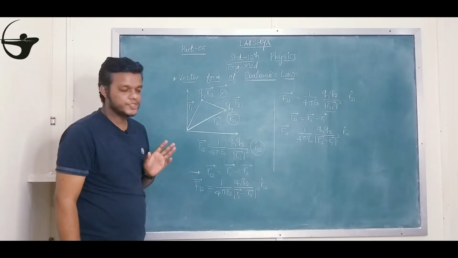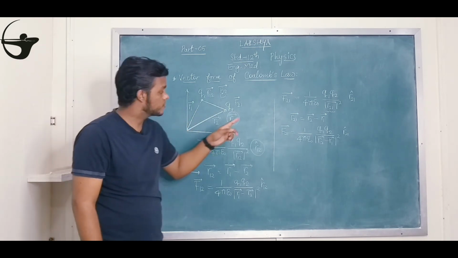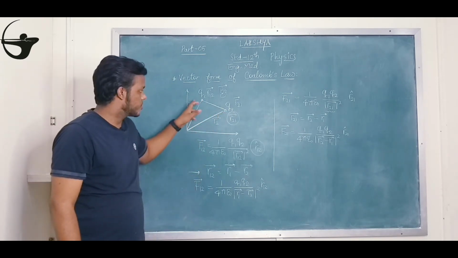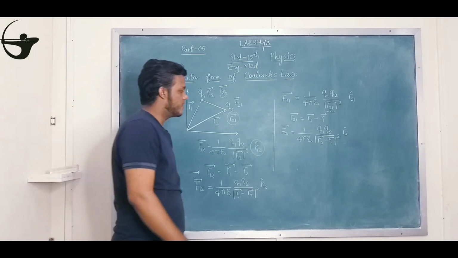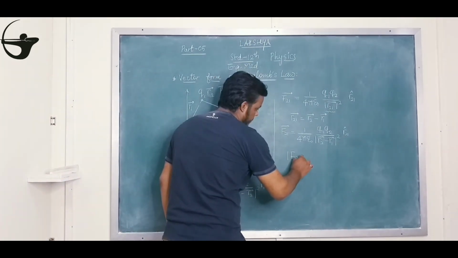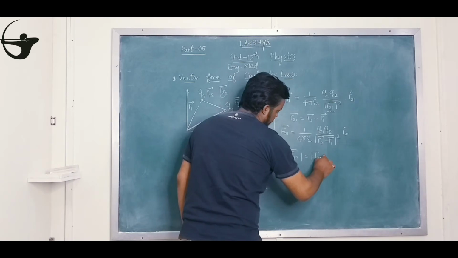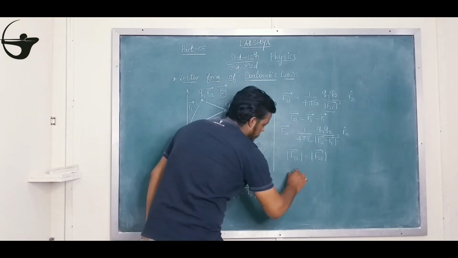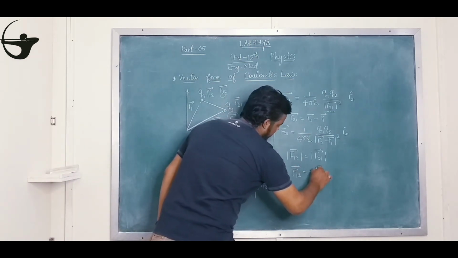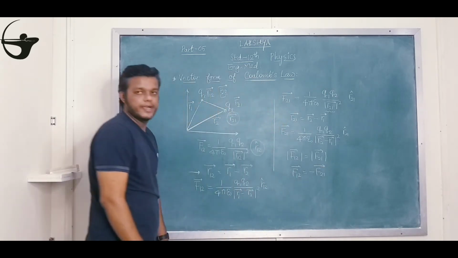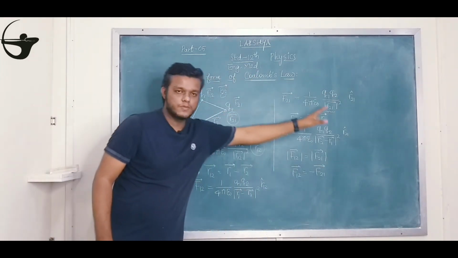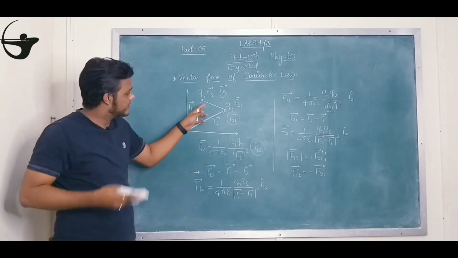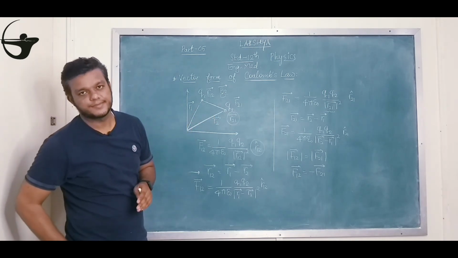This will be the force between q1 and q2, but the line of force between q1 and q2 is from q2 to q1 in one case, and from q1 to q2 in the other. If we talk about the magnitude of force, both forces will be equal. But if we talk about the direction of force, it will be exactly opposite. F12 equals minus F21. So this is the vector form of Coulomb's law, where you have to consider the position vectors and the distance vector between the given two charges.